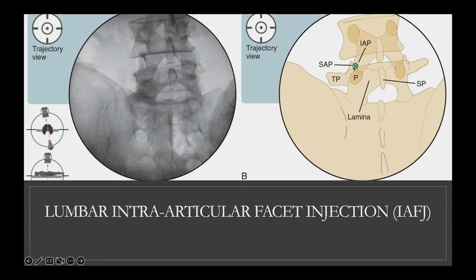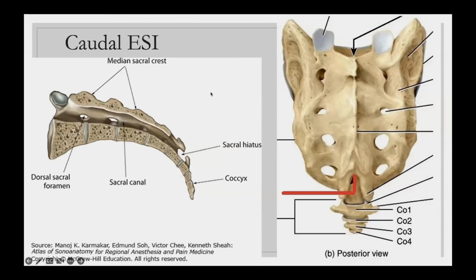So we can go in there, put a small amount of steroids and also some numbing medicine to directly reduce some of the pain. And it's a very similar concept to when people do a knee injection for pain. You're putting steroids in a very inflamed area so that this strong anti-inflammatory can reduce that inflammation.